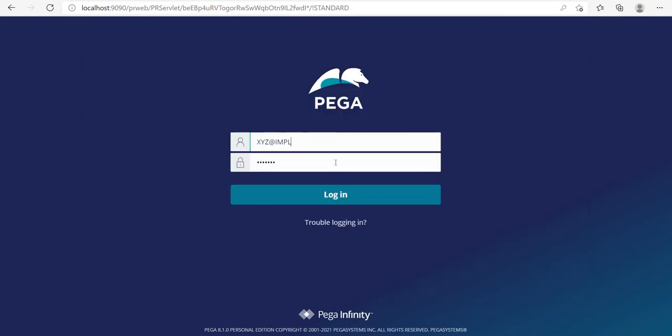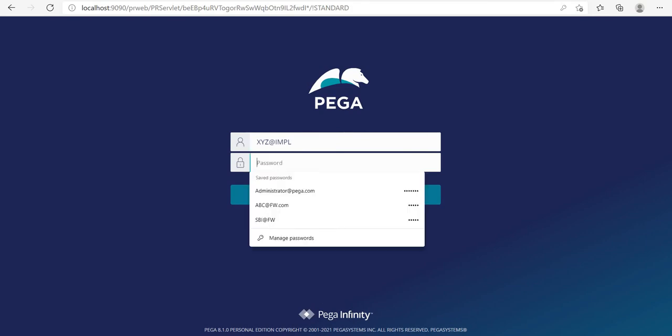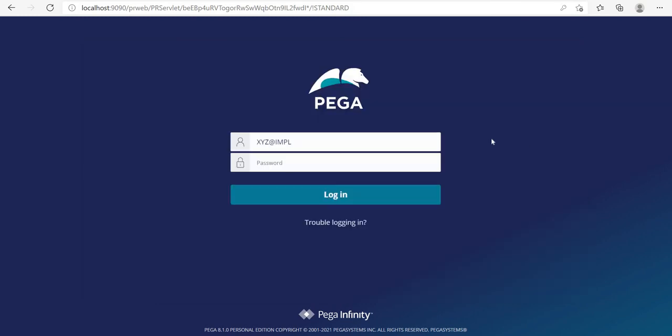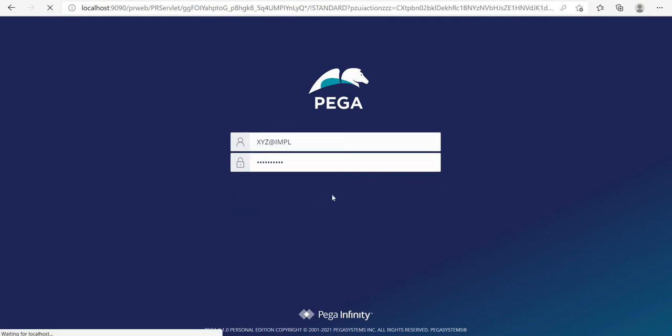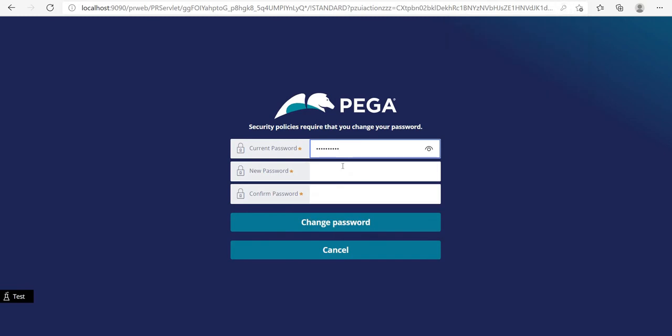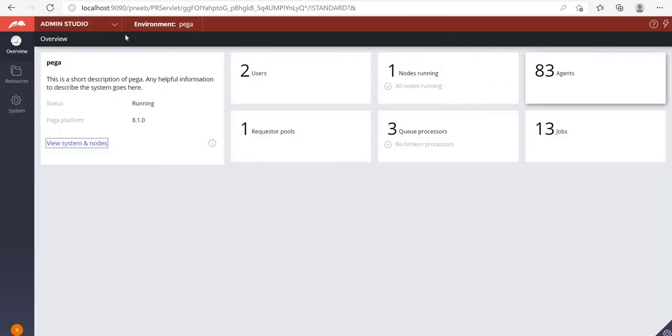Now we are going to log into the implementation and type the default password which you copied. This is needed only for the first time. After that you will be using your own password once you change the password on the next screen. Type rules here also. Click on change password.